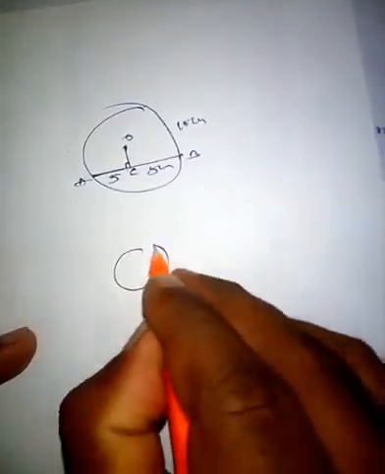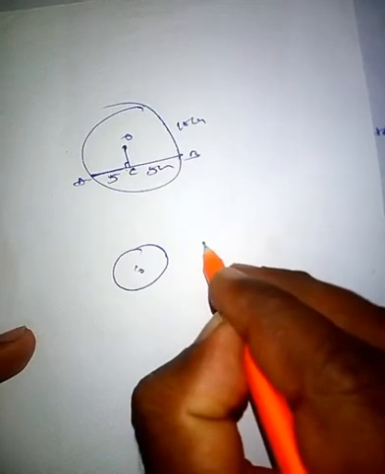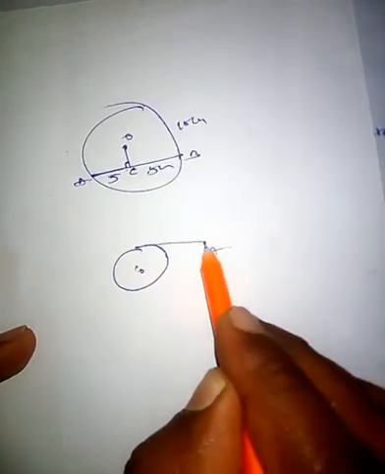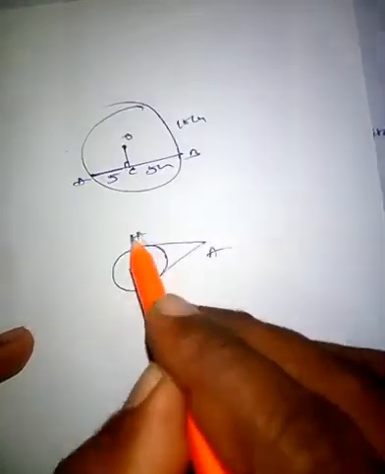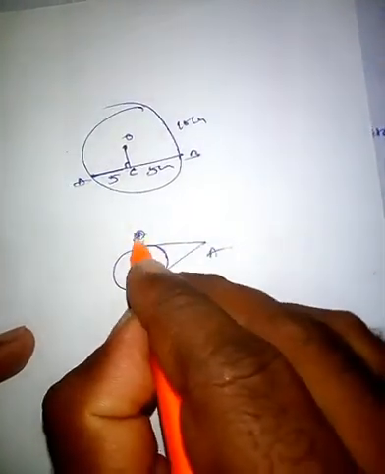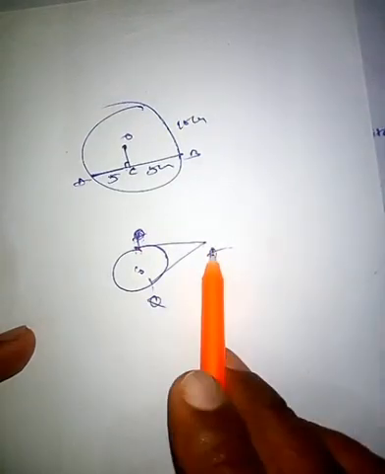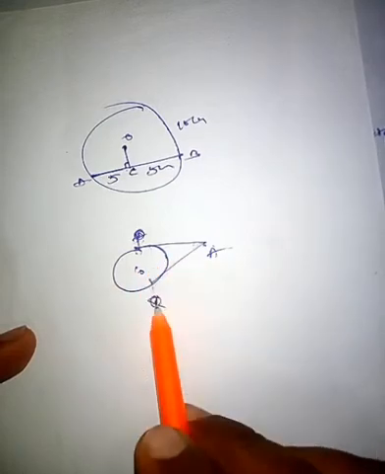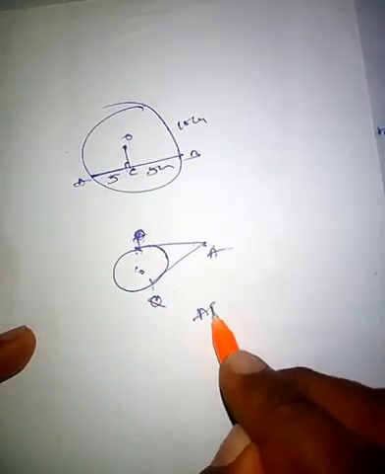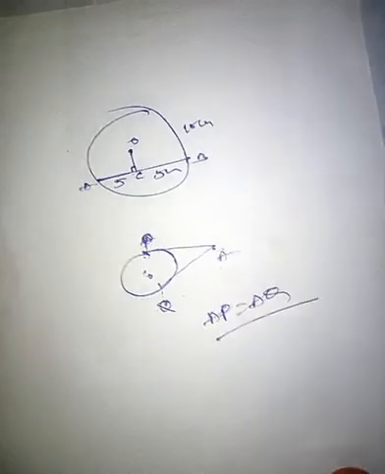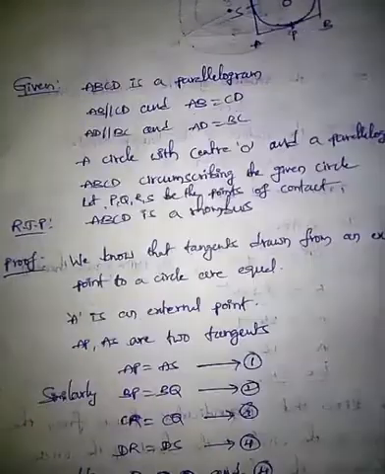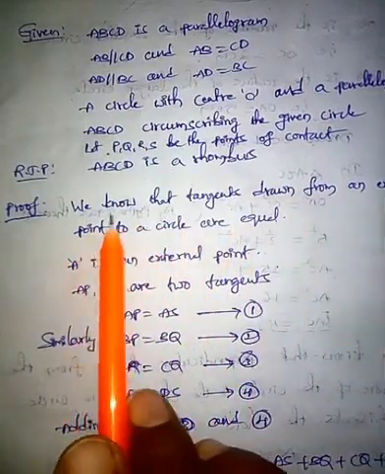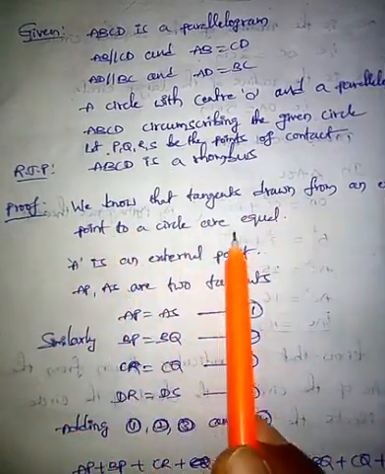For example, this is the circle with center O and there is an external point A. If you draw two tangents from this point, let us assume these are two tangents, AP and AQ. So if you draw the two tangents from the external point to this circle, these two tangents are equal. That means here AP equal to AQ. Okay, this concept we have learned in previous class. I wrote here that's the concept. We know the tangents drawn from external point to a circle are equal.